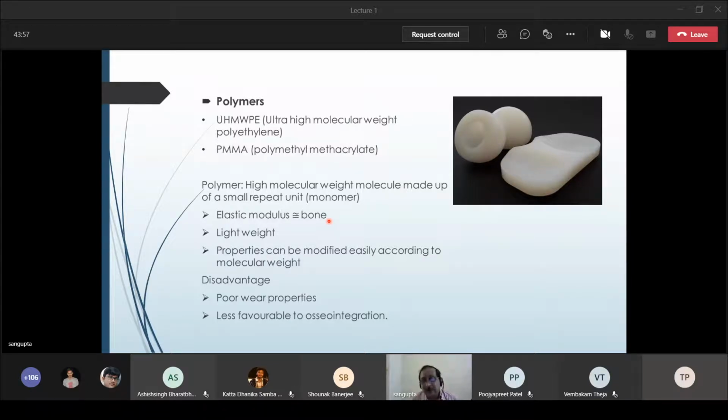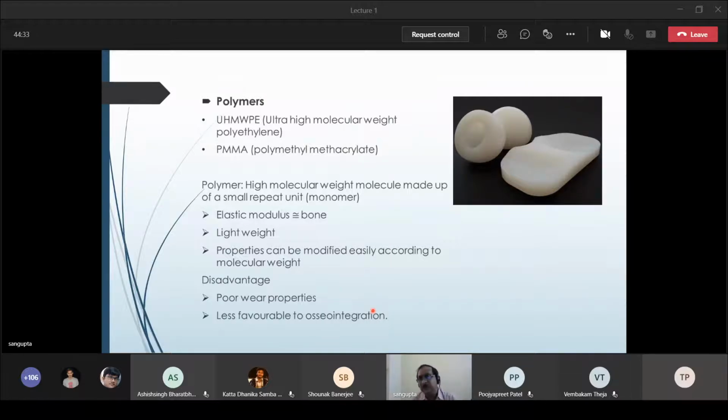And you can actually synthesize polymers according to your requirements. Okay. You can have highly cross-linked polymers that can reduce wear rate, volumetric wear rate. But generally, a very important disadvantage of polymers is poor wear properties. It has a high volumetric wear rate, and it is a less probable candidate for